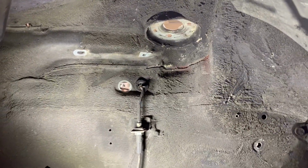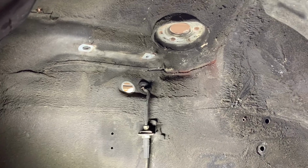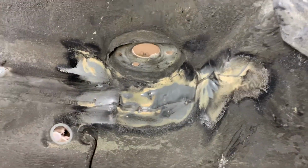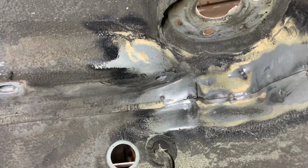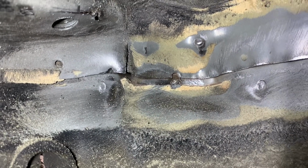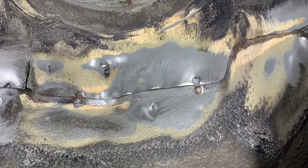You can also see the areas that lifted up where the seam is separated. We're going to have to grind away all of this undercoating to really expose everything and see what's going on. I just use a wire wheel to scrape all of it off. With the undercoat removed off of the first area that we're taking a look at, we can now see the crack in the strut tower. We can also see that all of the spot welds that were holding the sheet metal together have broken, and